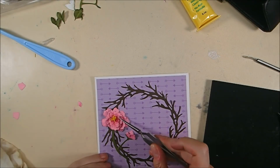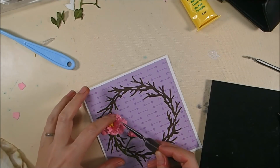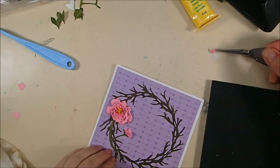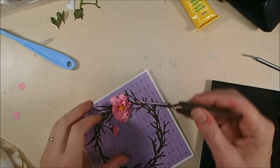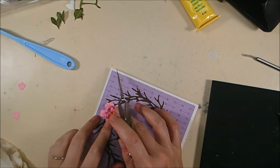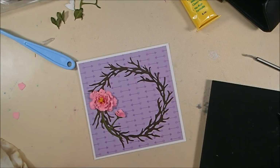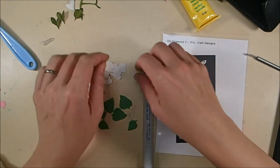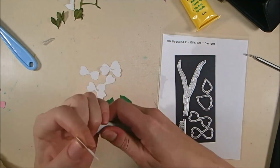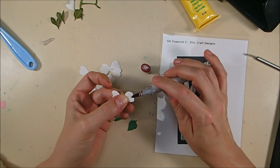So now I've added a lot more petals to the peony with the glue, and I'm just adding in a few last ones. And I used several of the tiny leaves from the bud die, although it's all one piece when you cut the petals. But I sort of used a lot smaller petals as I went towards the middle, and that's the completed peony. Now for the dogwood, I've die cut the petals here from 85 pound white soft finish cardstock, and I'm